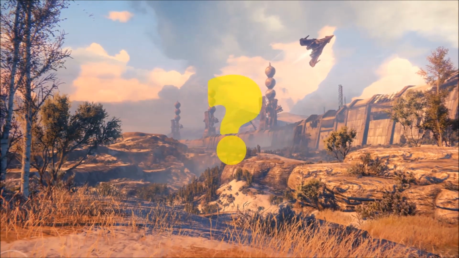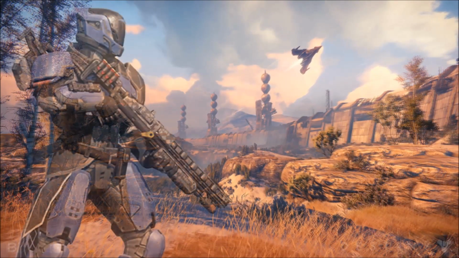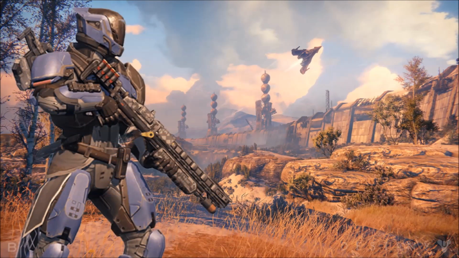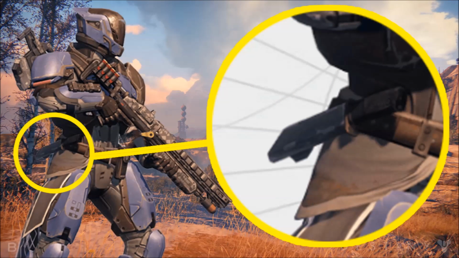Now, many of you guys have asked me if the Hunter is the only Guardian that can use a knife. Well, it would appear that the Titan has this nifty little weapon in his arsenal too. If we zoom in on his belt, we see a knife. Whether or not the Titan will use this weapon in the same way as the Hunter remains to be seen,